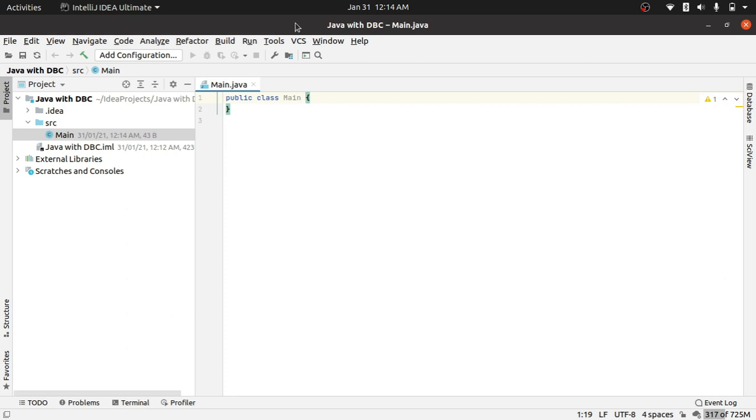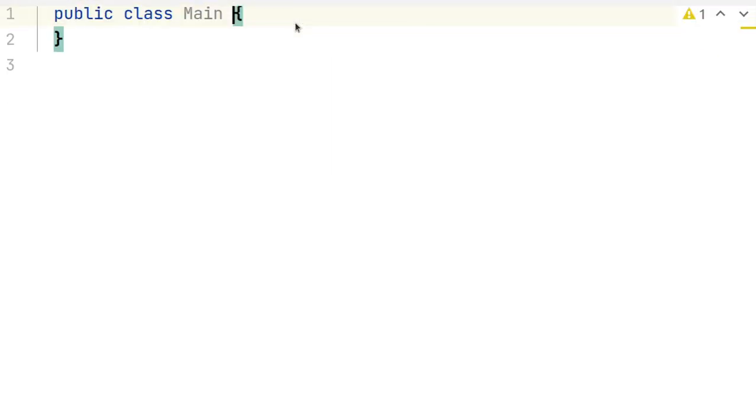Right. So for now, let us understand this as everything that we write in a Java code is usually written in a class. There are other things as well, but we'll not go into detail on that. We'll stick with the class concept for now, and we will write our code in this class. Right. So what I'll do is I'll turn on a setting which will make this code a little bit more visible to you.